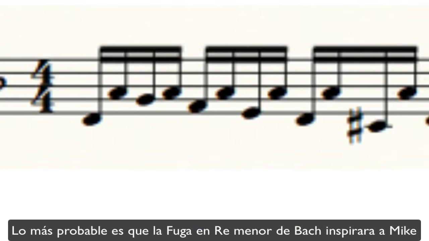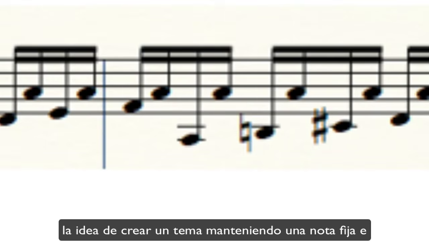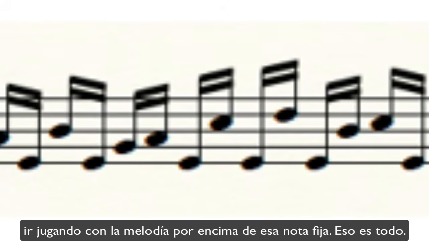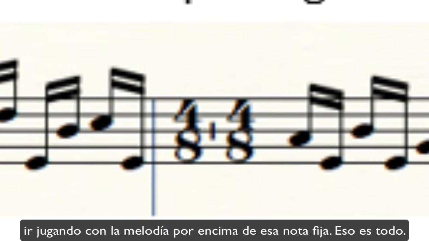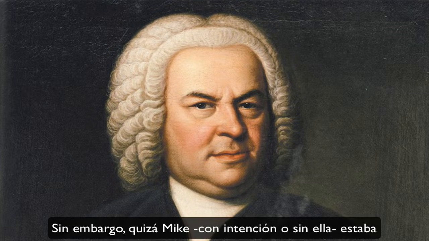Most likely, Bach's Fugue in D minor inspired Mike the idea of making a theme by keeping one fixed note and playing around with the melody on top of that note, but that was it. Nothing less, nothing more. However, maybe Mike was